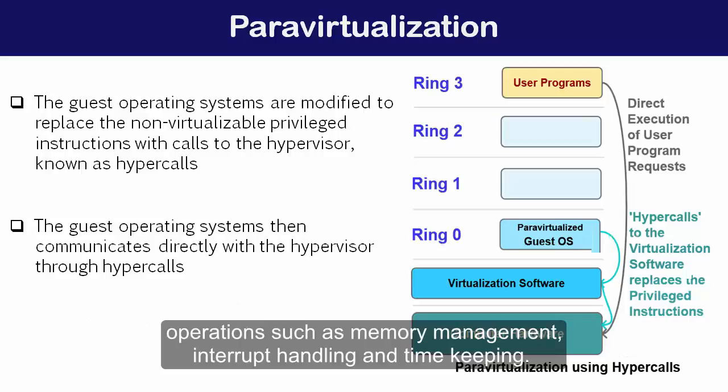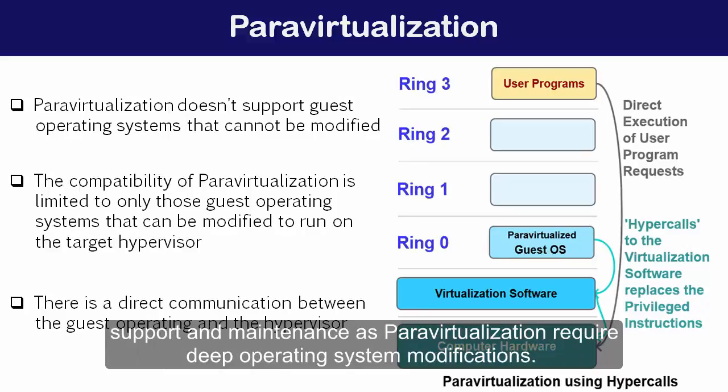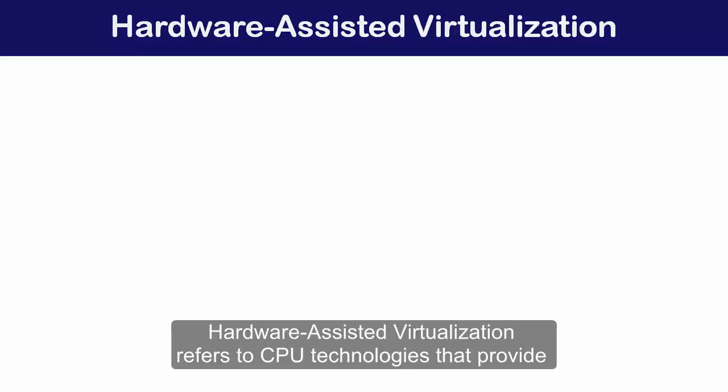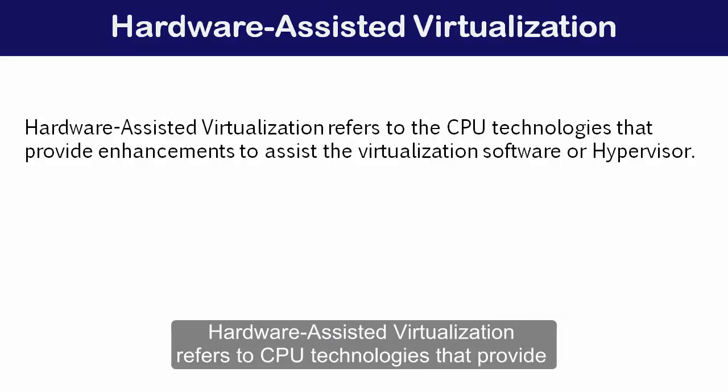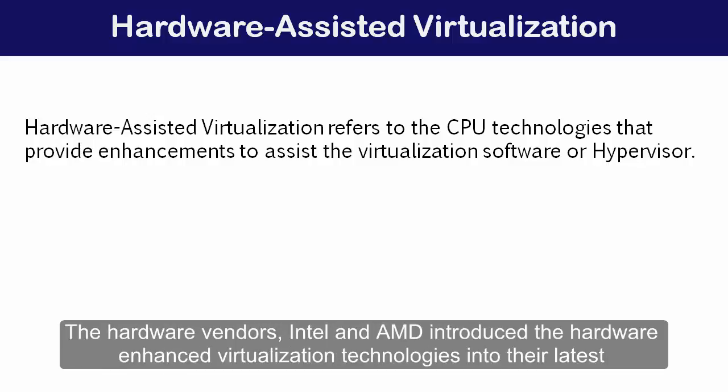also introduces some problems in production environments that are related to support and maintenance, as para-virtualization requires deep operating system modifications. Let's talk about hardware-assisted virtualization. Hardware-assisted virtualization refers to CPU technologies that provide enhancements to assist the virtualization software or hypervisor. The hardware vendors Intel and AMD introduced the hardware-enhanced virtualization technologies into